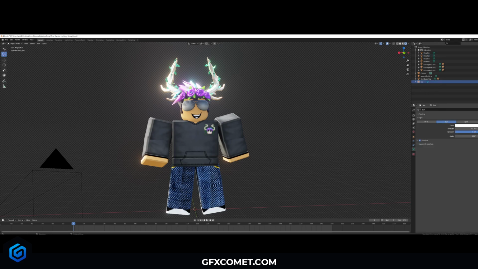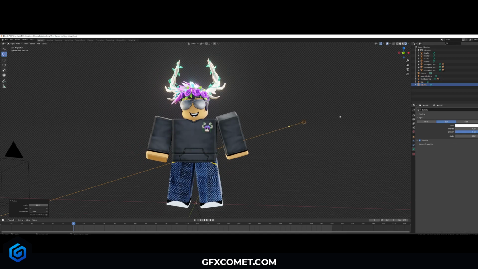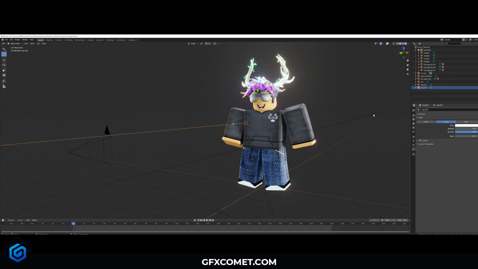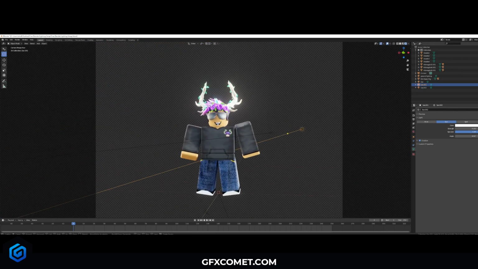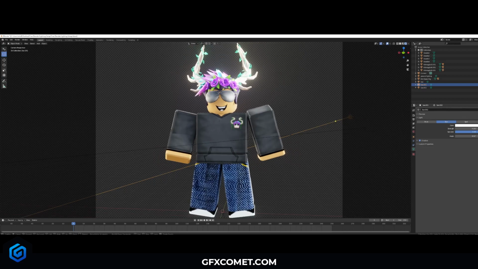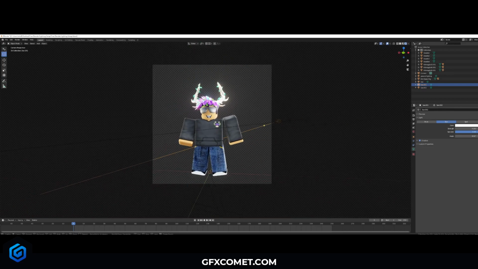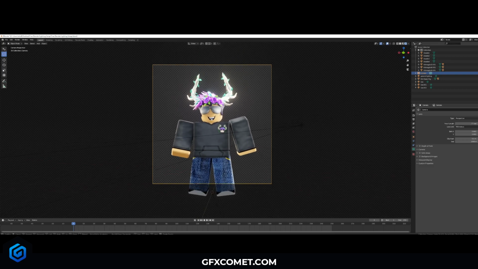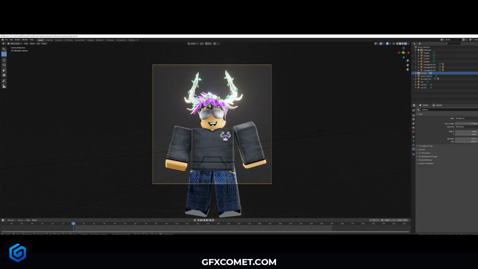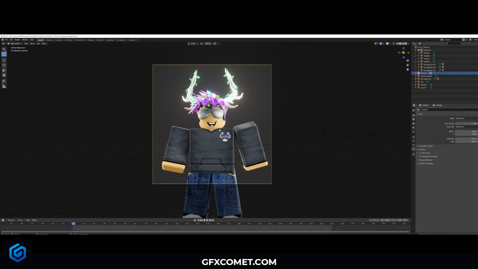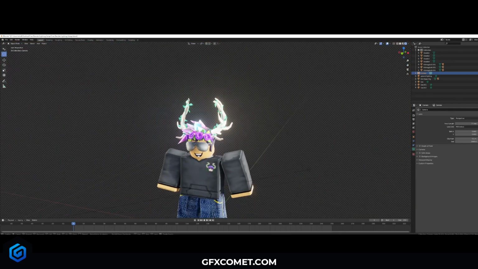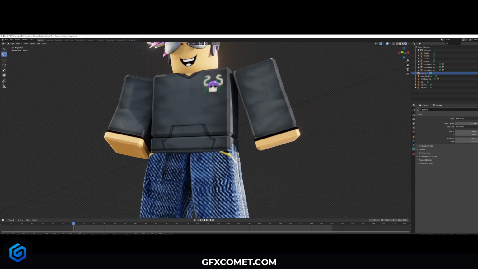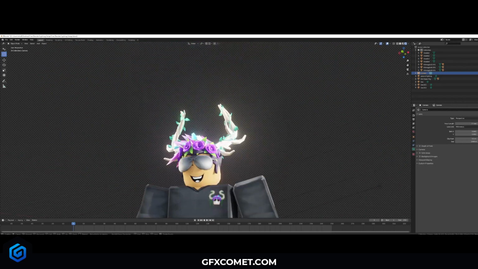I'm gonna adjust the sun a little bit though, it's kind of bright. So I'm gonna copy the sun, I'm gonna adjust the angle. Alright, maybe like that. Alright, I think this is good. Now if we go into our camera, we go ahead and position this. Turn up the focal length. I just wanna grab the upper half of the body here,